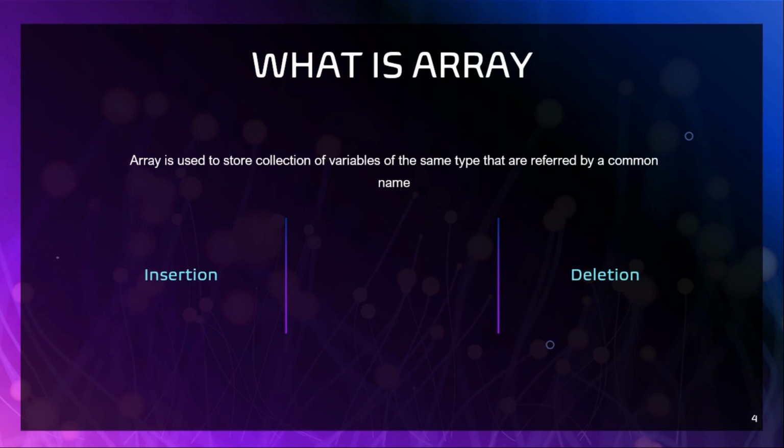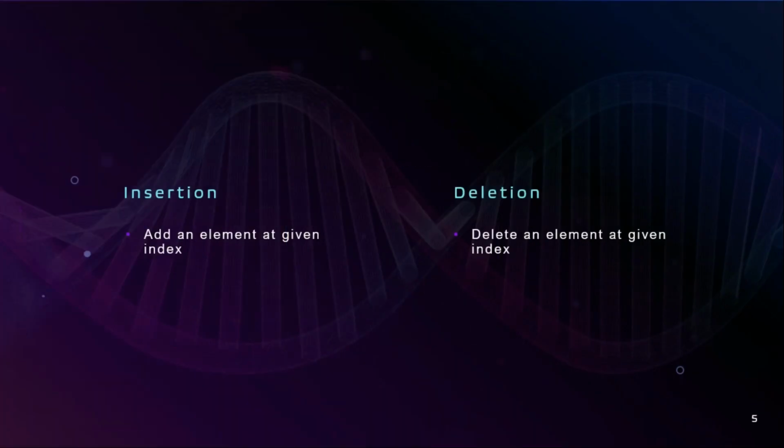Assalamualaikum warahmatullah. For this assignment, we use array as a data structure and two basic operations, insertion and deletion. An array is used to store a collection of variables of the same type that are referred to by a common name. Insertion is used to add an element at a given index, and deletion is used to delete an